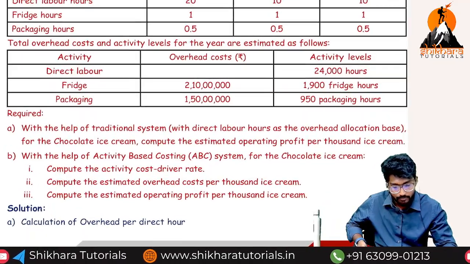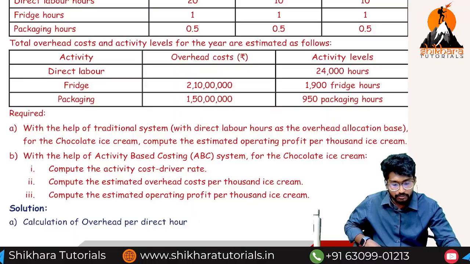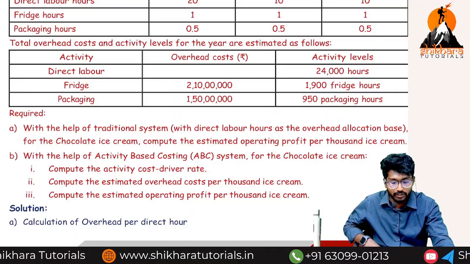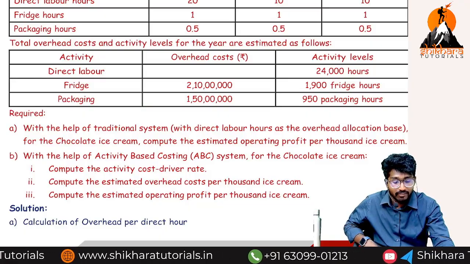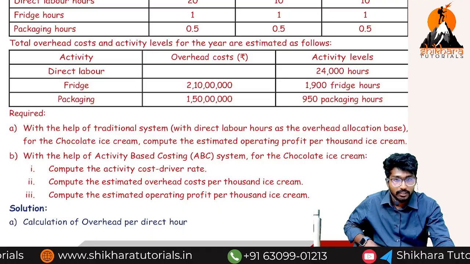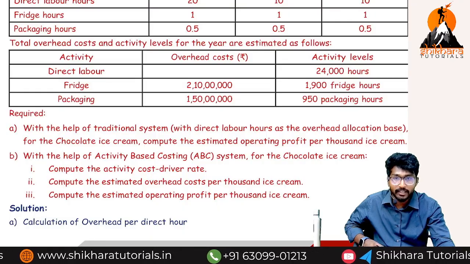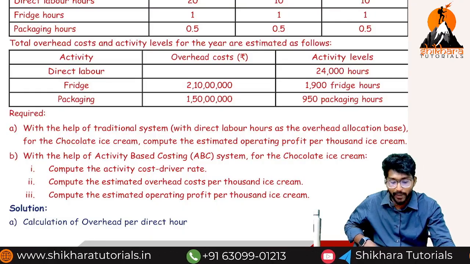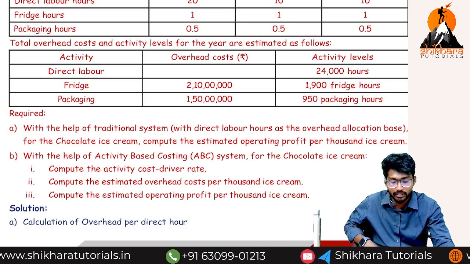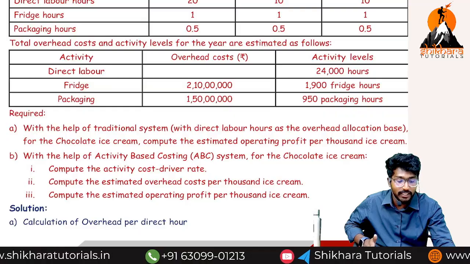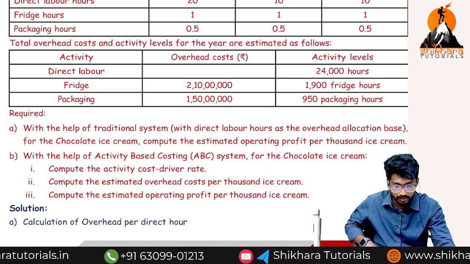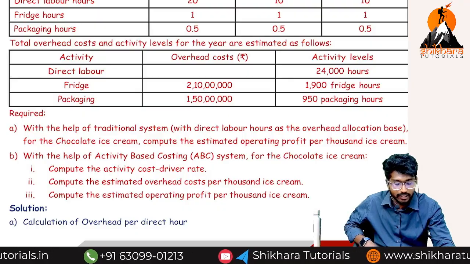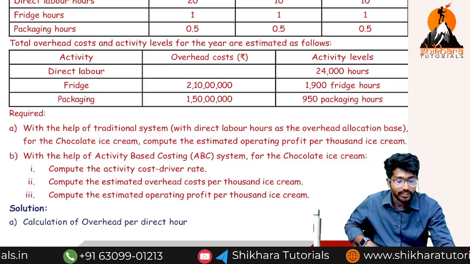Next, fridge overhead. What is the overhead cost for fridge? 21 lakhs, for how many hours? 1900 fridge hours. Next, packing. What is the overhead cost? 15 lakhs, for how many packing hours? 950 packing hours. With the help of the traditional costing system, with the direct labor hours as an overhead allocation